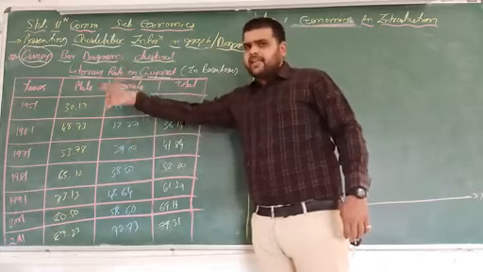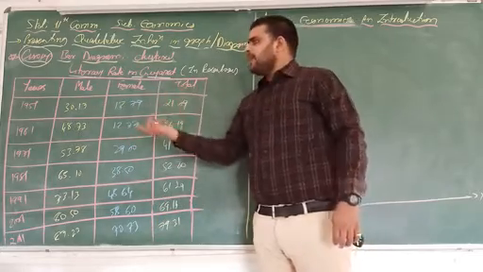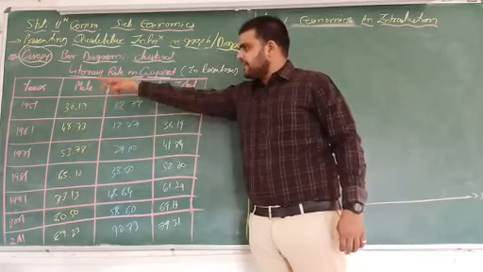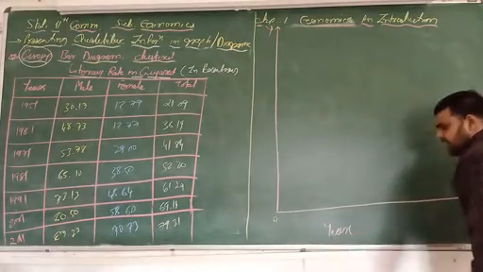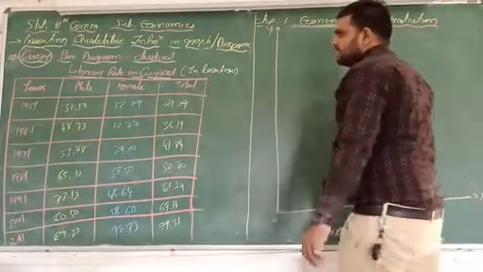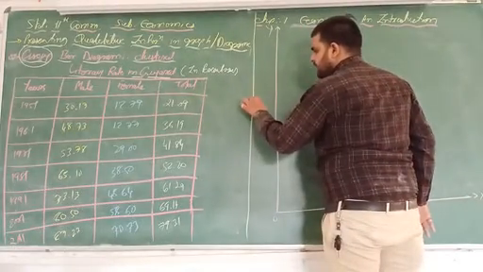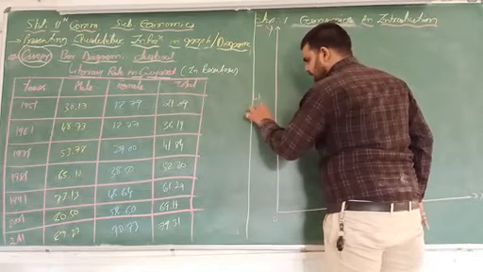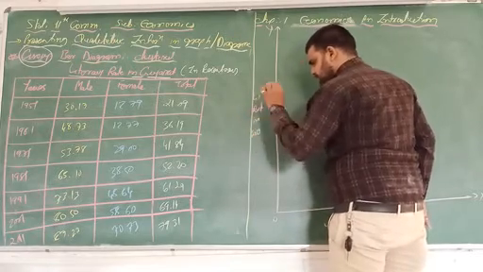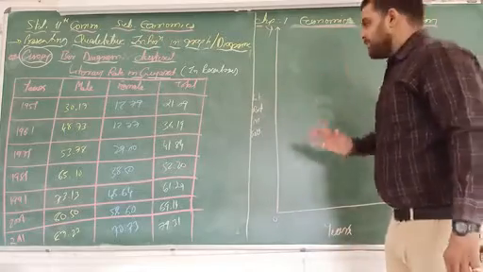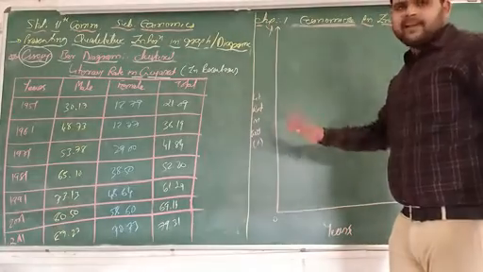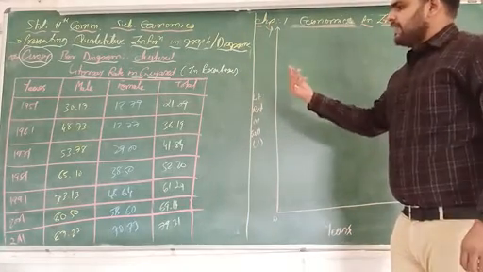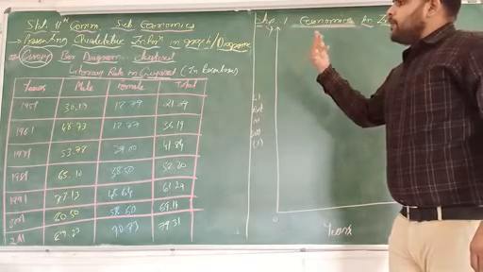Number 1, the source of data is reliable. Number 2, independent and dependent variable. Here the independent variable, the years, we take on the x-axis. And the second one, literacy rate in Gujarat, is on the y-axis, in terms of percentage. Clear? Now the third point is to take an appropriate scale.